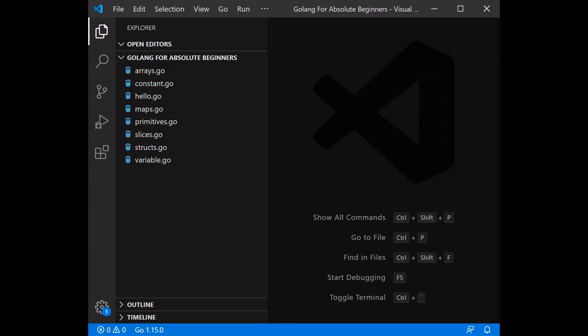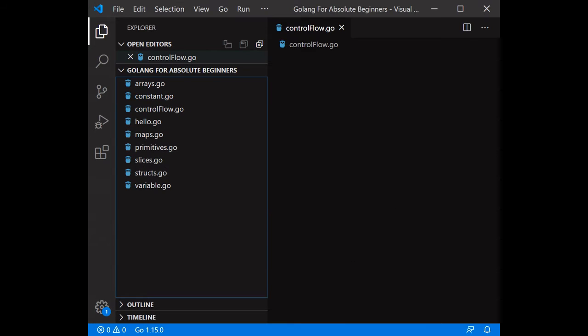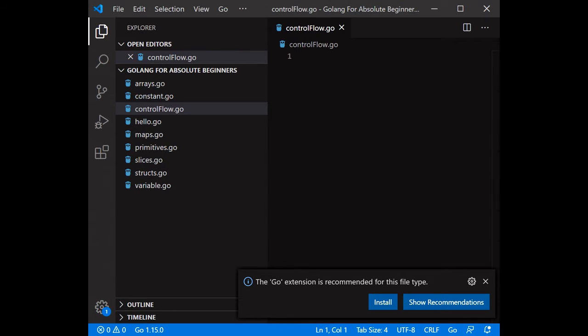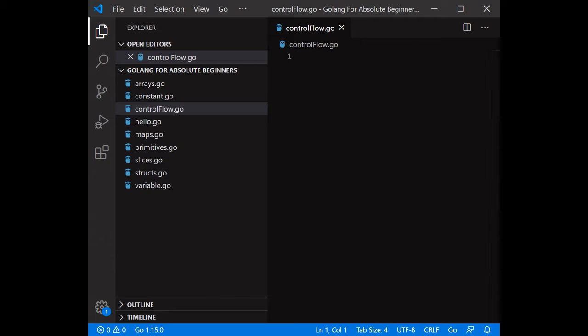So let's continue our Golang for Absolute Beginner series, and in today's tutorial, we will learn about control flow. First of all, let's create a file, control flow.go. So what is control flow? Control flow is used to control the execution of any program.